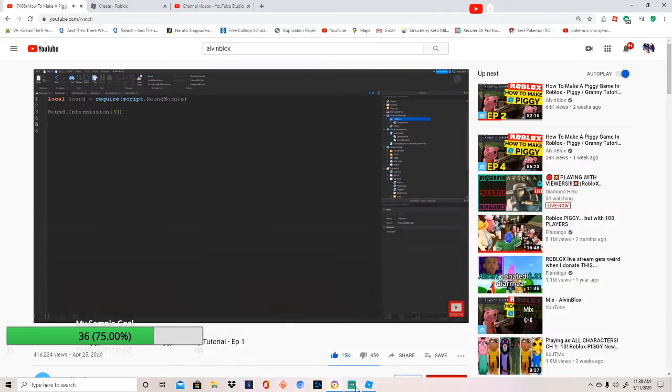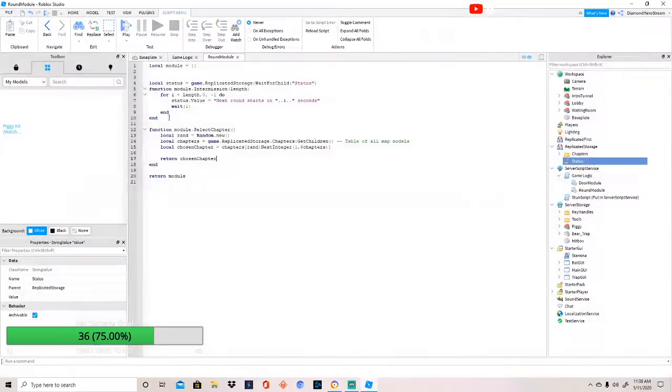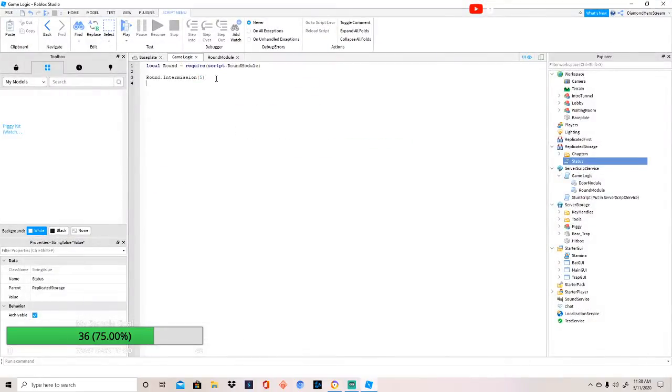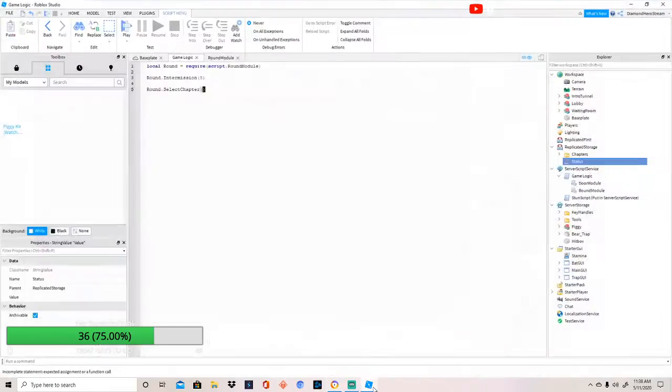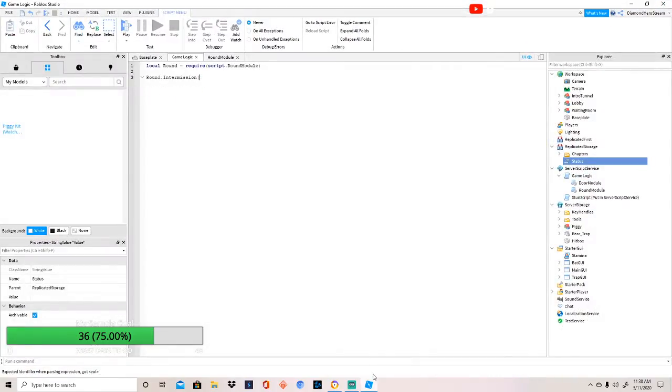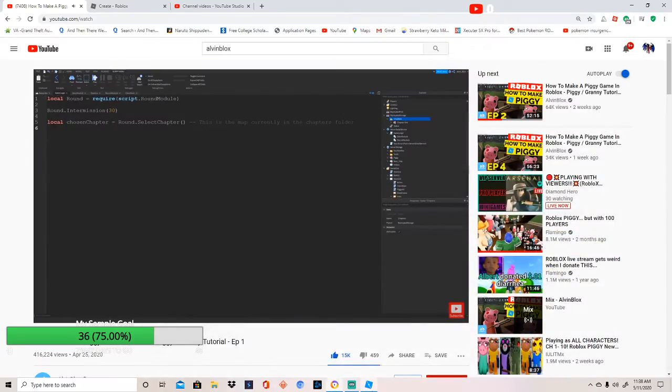So if we then said round.selectChapter and put our pair of brackets after that, what we need to do is set it as a variable. So local chosen chapter equals round.selectChapter, and when that returns the chosen map back, chosen chapter will then be equal to the map object itself, so we can manipulate it. So this map here that we've just chosen is actually the